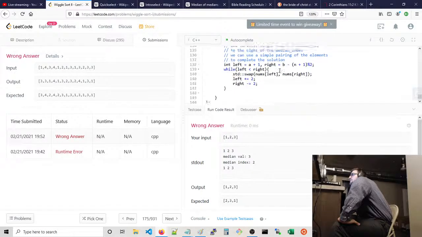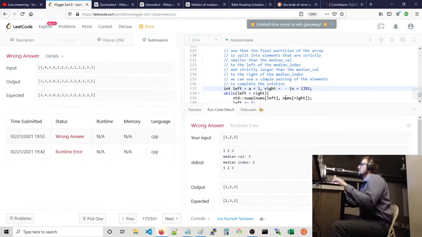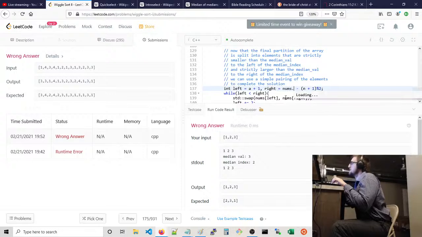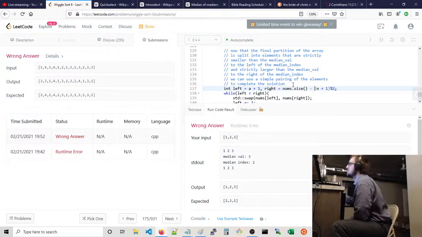B really is just nums that size -1 index, and then